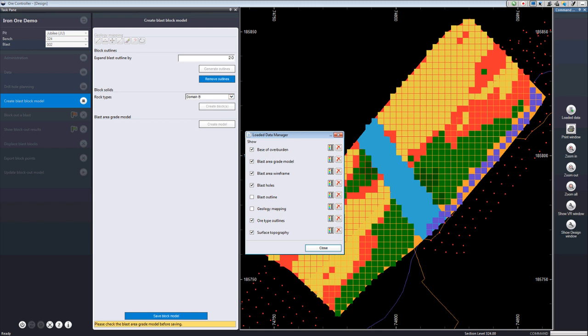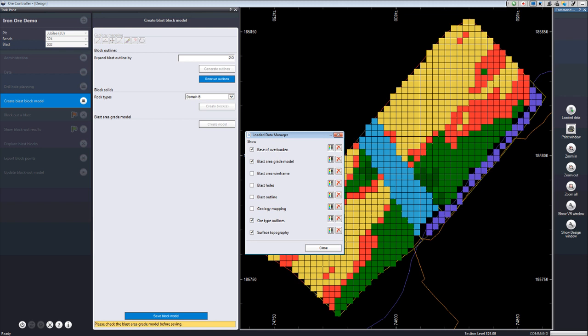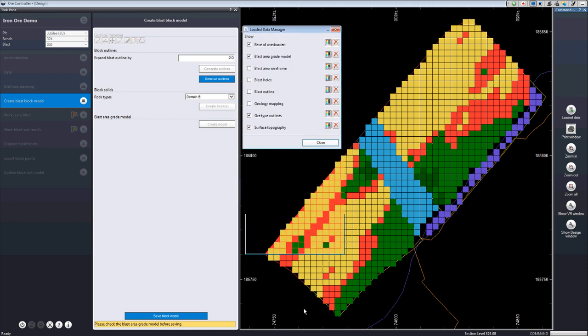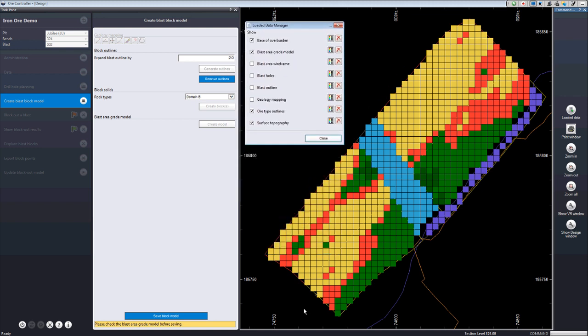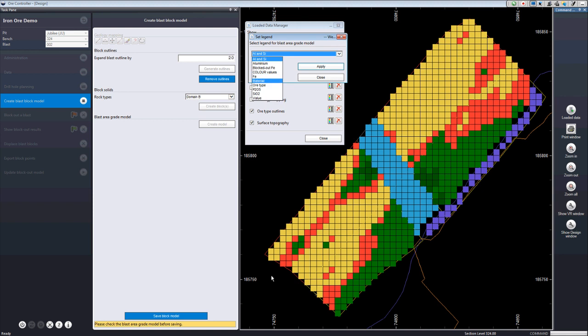This little loaded data function here allows me to turn various items on and off so that we can look in more detail at the model that we've created. It also allows me to specify different legends. The legend that's showing at the moment is a material legend, which shows the material categories that we've assigned to each of these blocks: high grade with contaminants, various low grade categories, waste, and overburden.